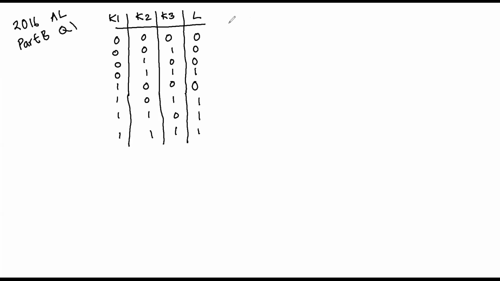So we can write the Boolean expression L as, first one is K1 bar into K2, K3, we have K2, K3